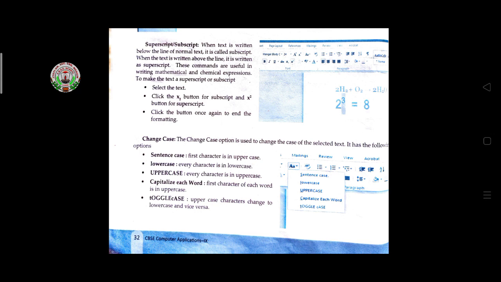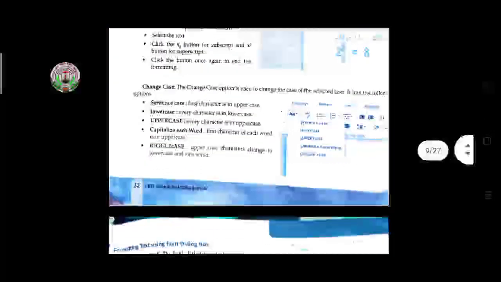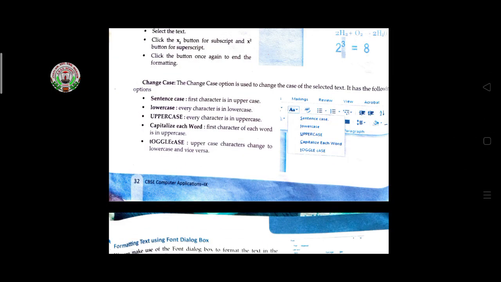So first of all, in every formatting, if you want to format any text, first you have to select that particular text, and after that you select the tools like this. Then change case means, suppose you select sentence case, then the first character of the sentence will display as uppercase.